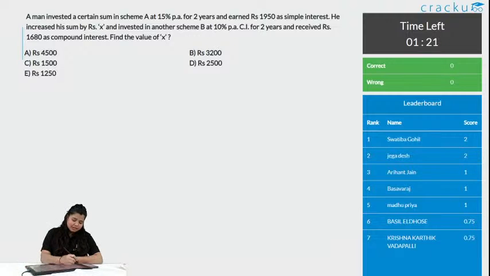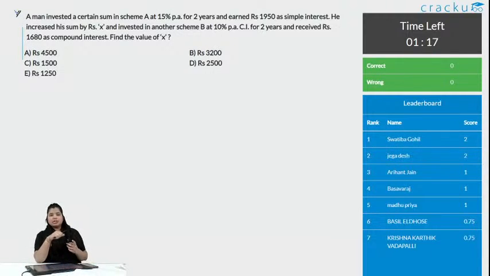This question seems lengthy, but it's not. Just know how we apply compound interest. Remember, simple interest, as the name says, is simple. It is applied only on the principal, whether it is for 2 years or 3 years. But compound interest is similar to simple interest just for 1 year, right? And after 1 year, if it is for the second year, then whatever interest you get in the first year, even on that interest the interest rate is applied, and that is the reason it is compound interest.